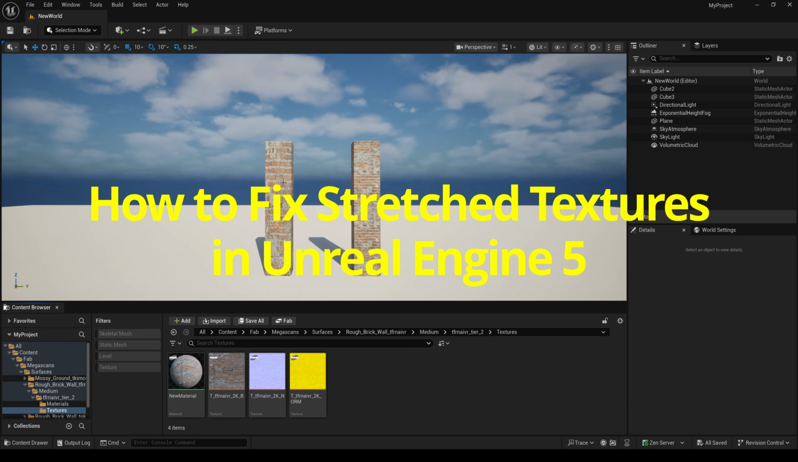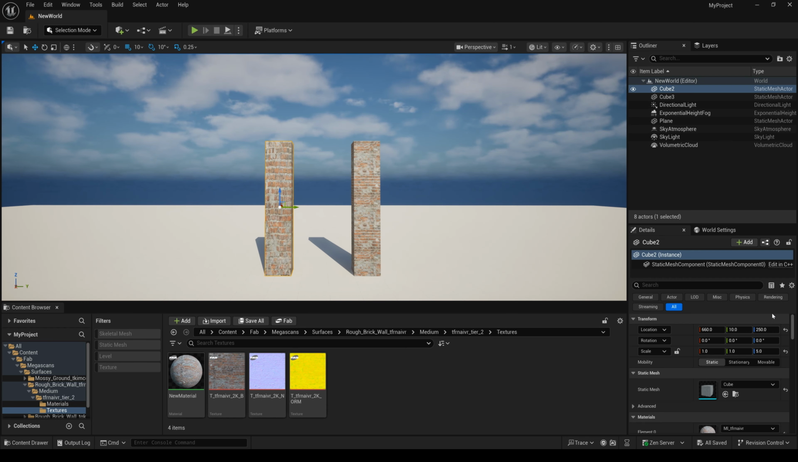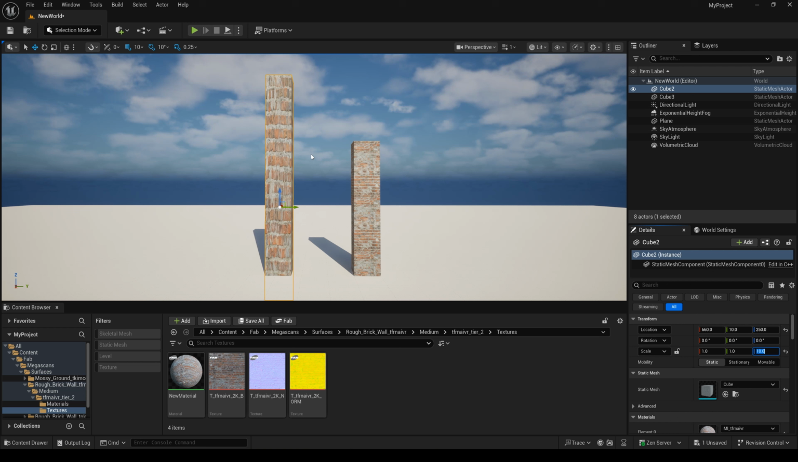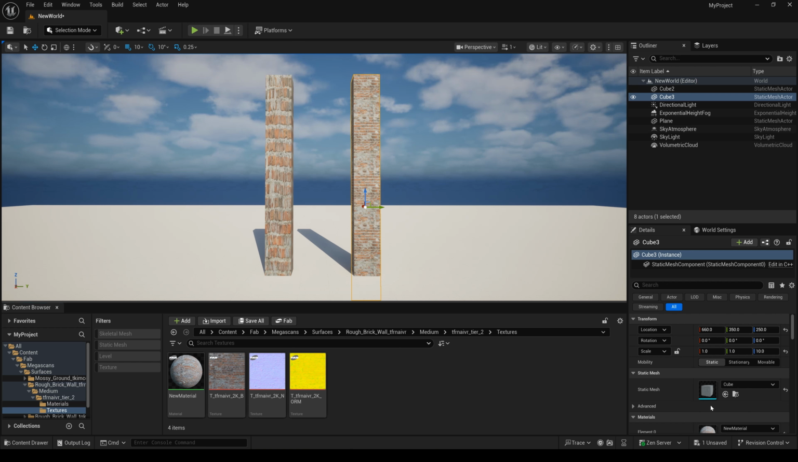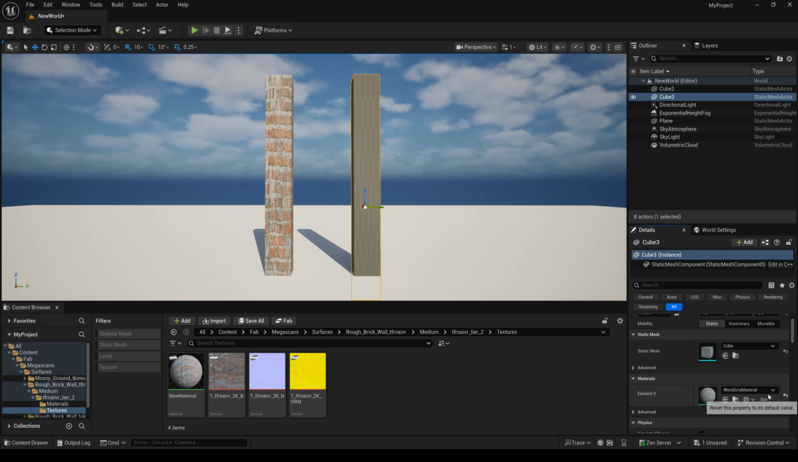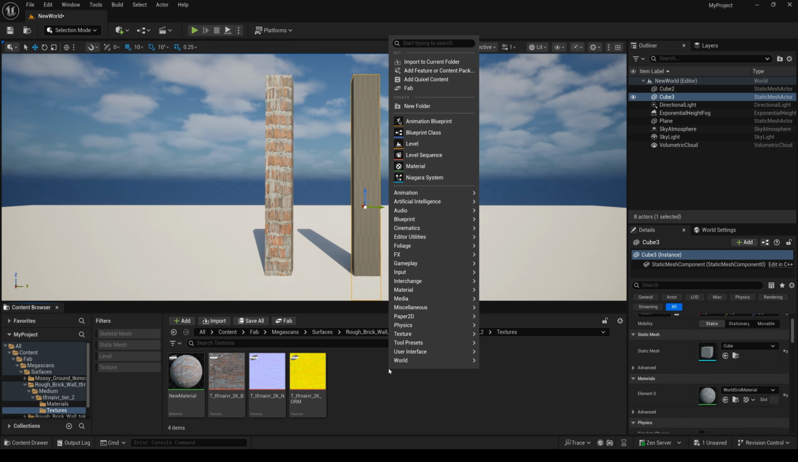How to fix stretched textures in Unreal Engine 5. I select this object and change its size, and you can see this object's texture is changed. And I select this one and change it again, and you can see this texture is not changed. Let's start. First, I need to reset this object to the default value and create a new material